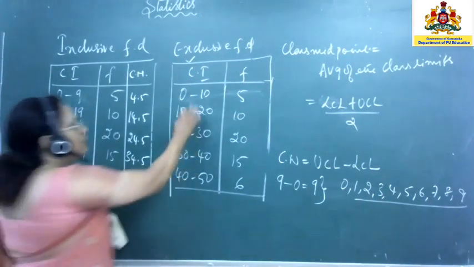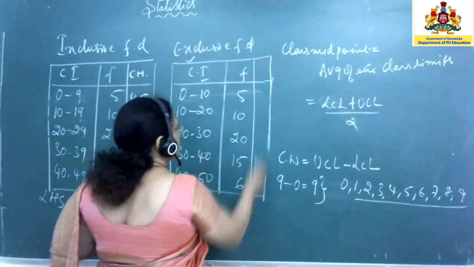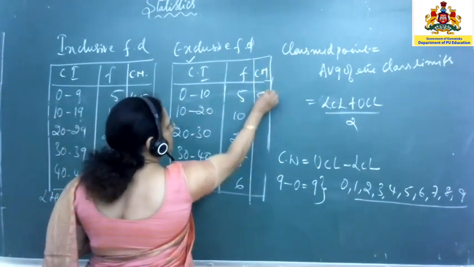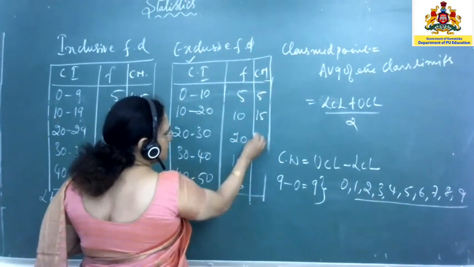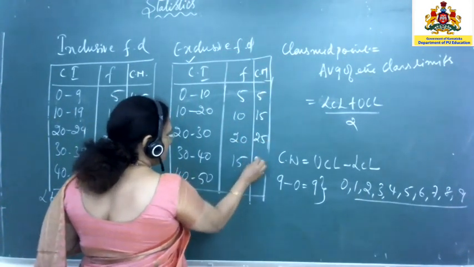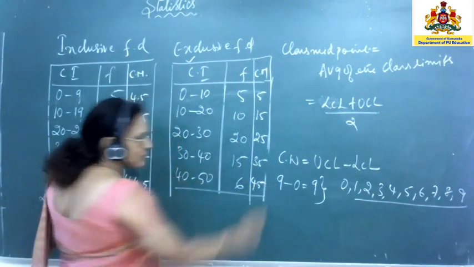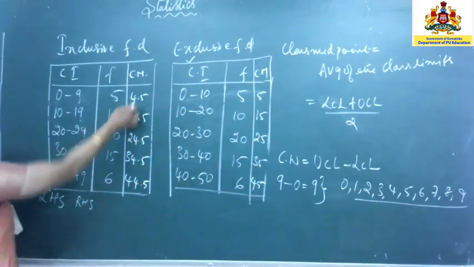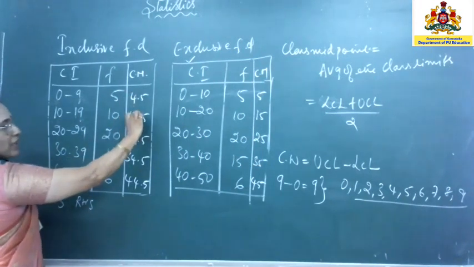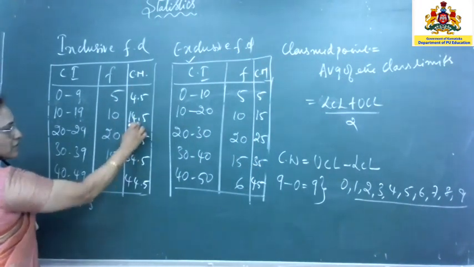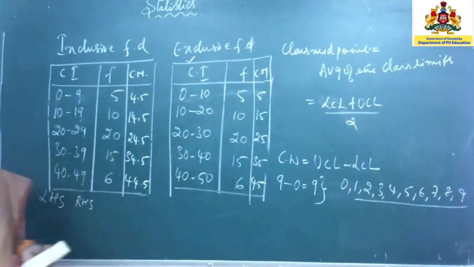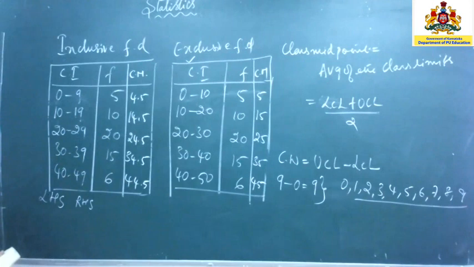Okay. Whereas if you take the exclusive one, it will be something like this. Class midpoint will be 0 plus 10 divided by 2. So this is 5. Now this will become 15, this will become 25, this is 35, and this is 45. Now you can see the class width, whatever I said, will also coincide here. So 14.5 minus 4.5 is 10. Here also the difference is 10. You take 15 minus 5, that is also 10. So that is also one way for you to verify. Okay. I hope you have understood what is class width.